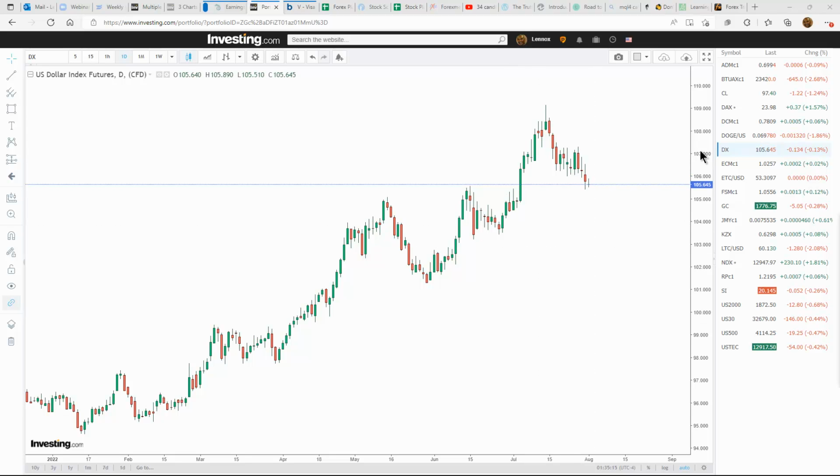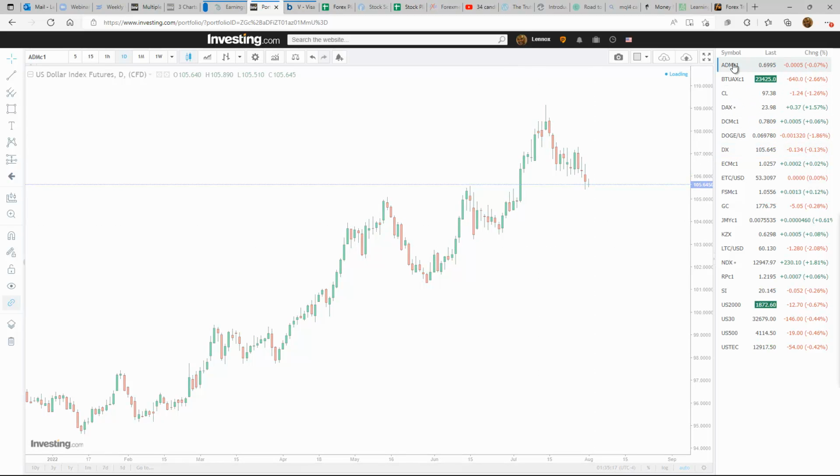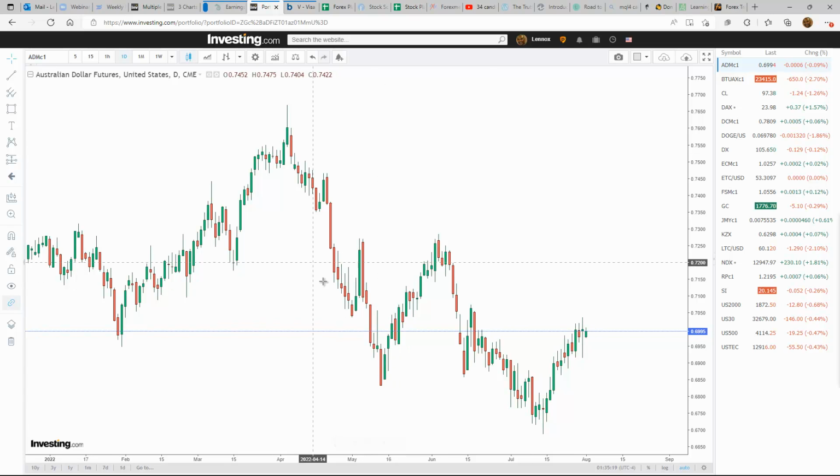Okay, taking a look at Aussie, that would more than likely propel the Aussie. If the US dollar falls, the Aussie would more than likely push to the upside. But right now, looking a little bit weak as well. It looks like we could fall on the Aussie a little bit here first, but if the US dollar again falls, we should see further push to the upside in Aussie.